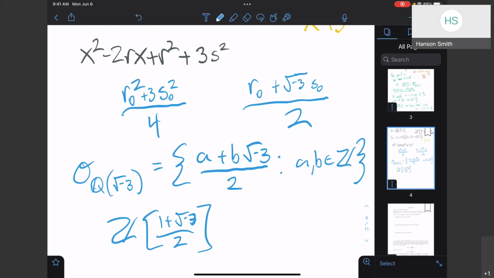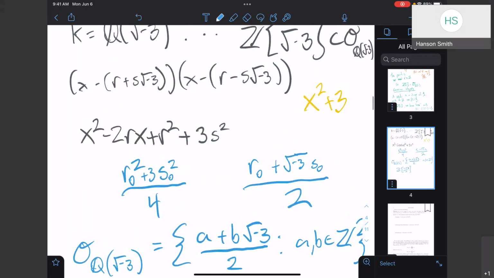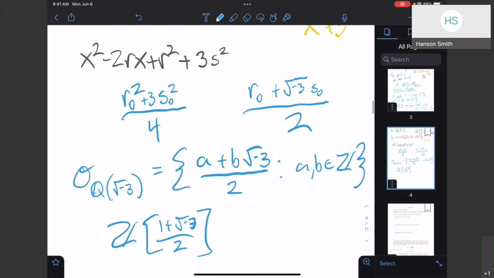So questions about this? I know we skipped through the computation a little bit more here, but it's the same as before, just we get a 3 now, and that saves the day. We can have these denominators. So it's a little subtle. When I first saw this, I was just like, oh, just take square root of minus 3, throw that into Z, and we're good to go. But you get some